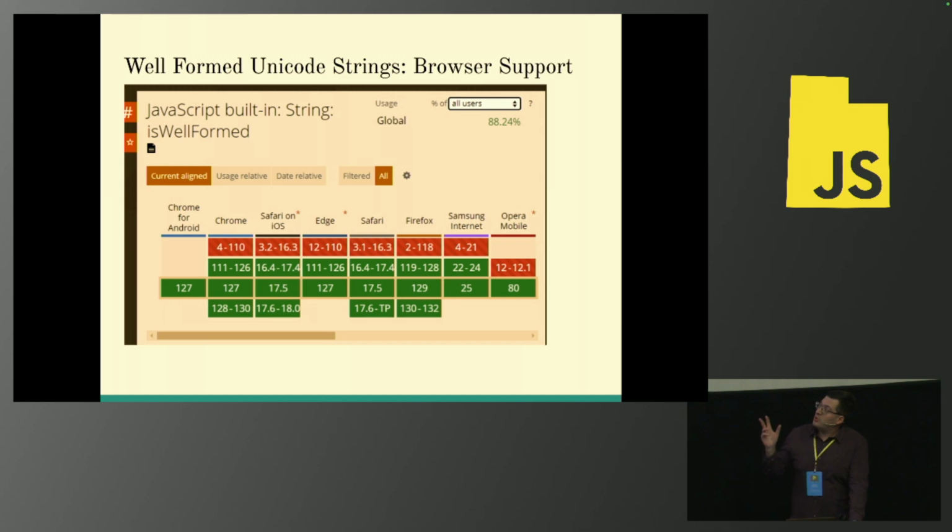So I'm going to show 2 of these, and there's a purpose. This one, the support's pretty good, right? If you're not familiar, Can I Use is a platform that will show you the implementations of different features and what the browser compatibility is. So if we look at this, it's stage 4. Most of the major browsers implement it, right? There are more browsers to the right that have less market share, but pretty much the latest of all the browsers have it. So it's good to use.